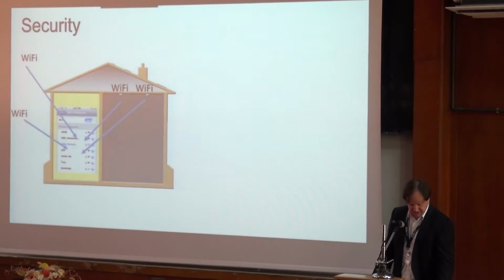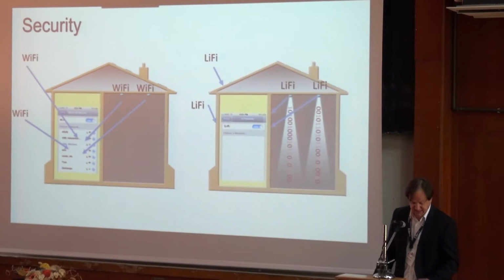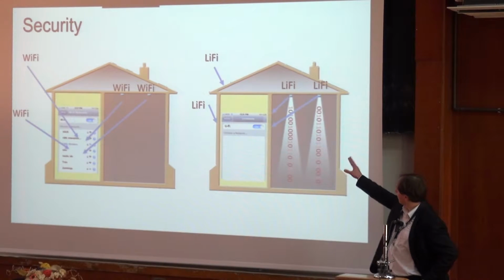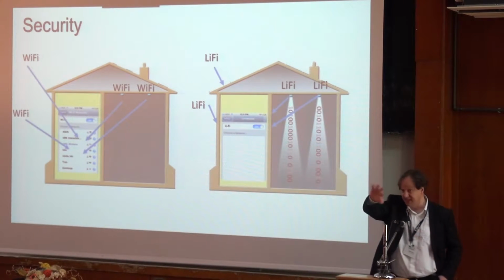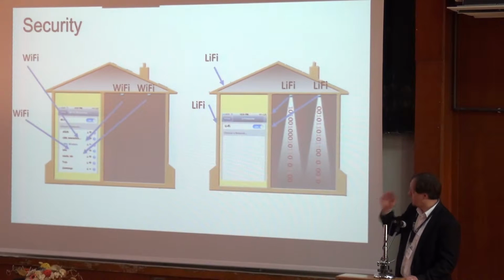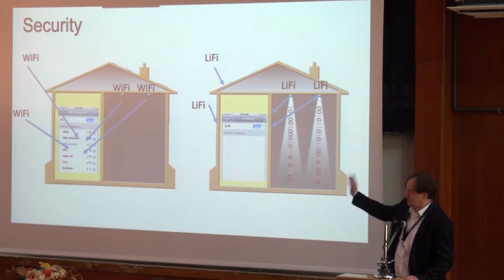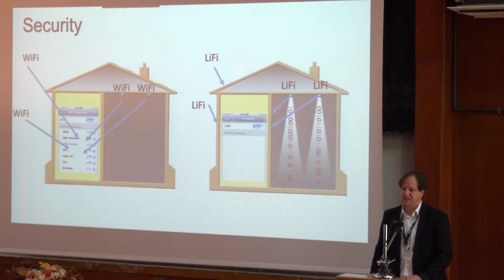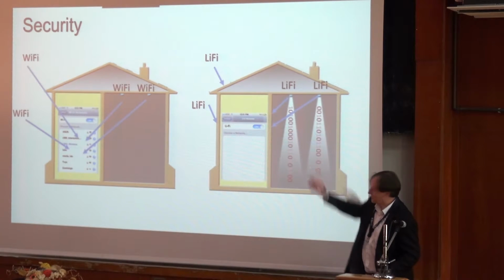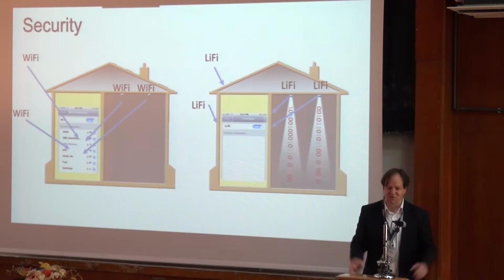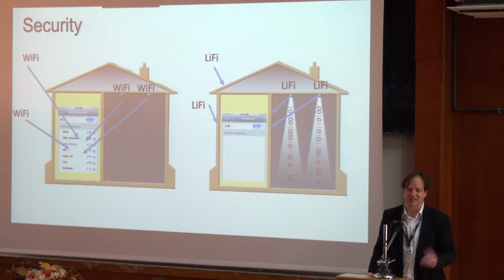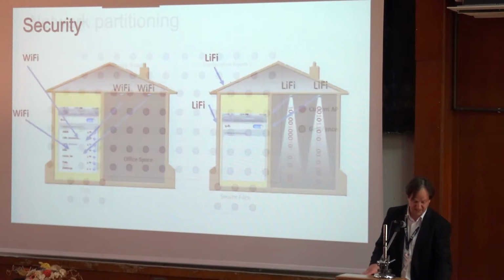And that provides us the security benefit. In LiFi, if we had LiFi in one room and you have opaque walls like the one here, you would be ensured that no light would leak into the other room. So if you then opened up your LiFi network in a room that doesn't have a LiFi light, you would not get any signals, and vice versa. And that provides a huge security benefit for various applications.